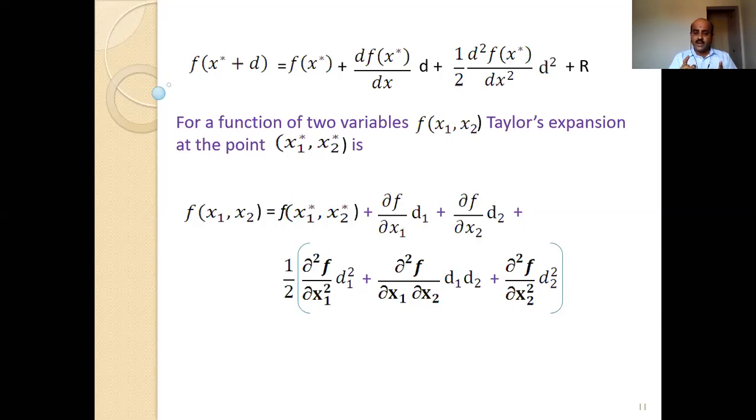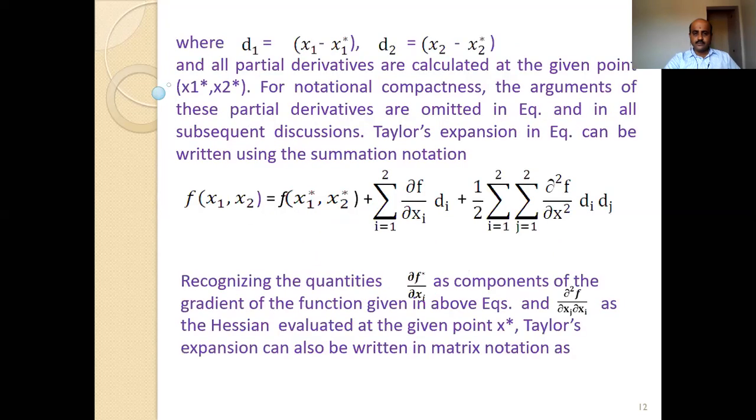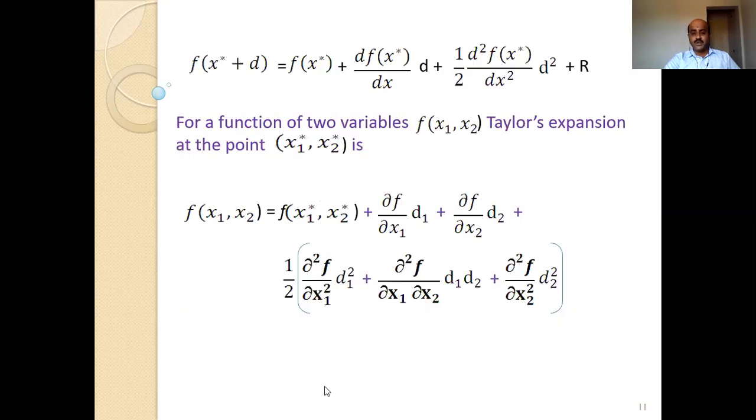Please make a note of these equations correctly. Don't make mistakes here. Everything is very important at the end, because we will be landing on one standard format in the form of a vector gradient and in the form of a Hessian matrix. So that's why it is very important for us now. Please make a note of all these things clearly. So here, where d1 and d2 in this expression,